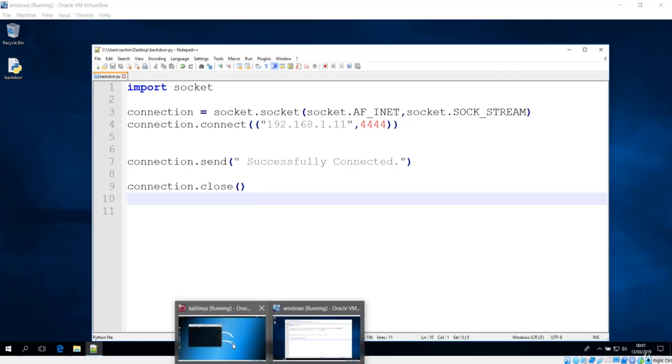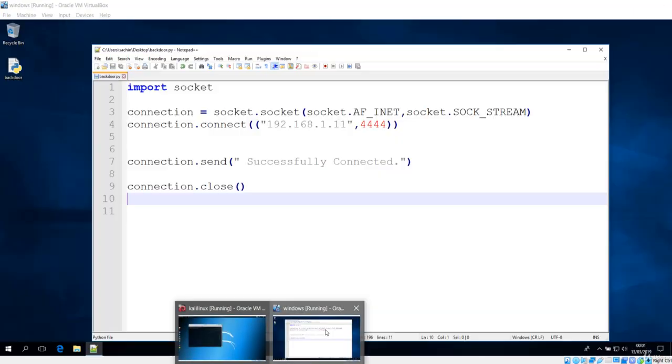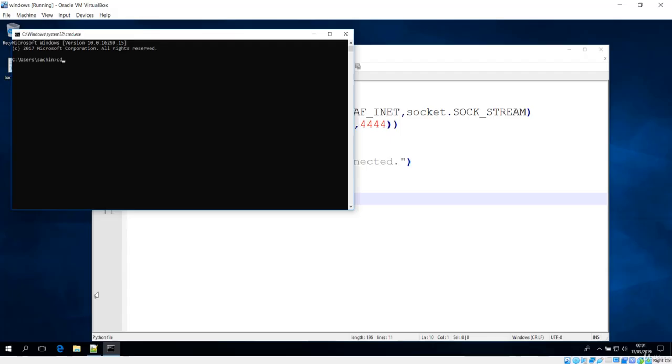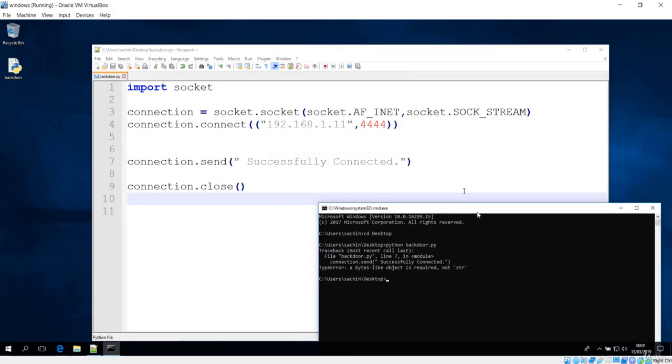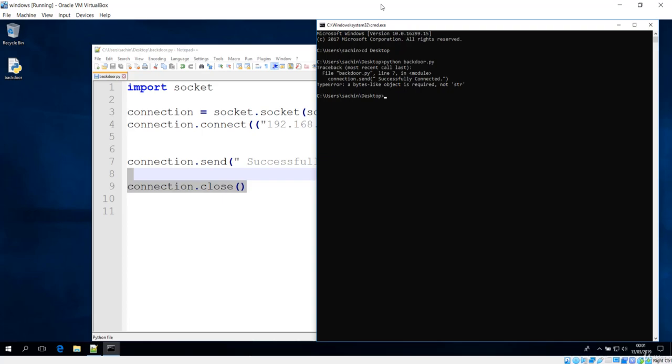First of all we have to listen on this port, and I have written the command in order to listen. So it is listening now on this port. Let's navigate in CMD to our desktop, which has this Python file, and I'll run backdoor.py, and it is showing us an error.